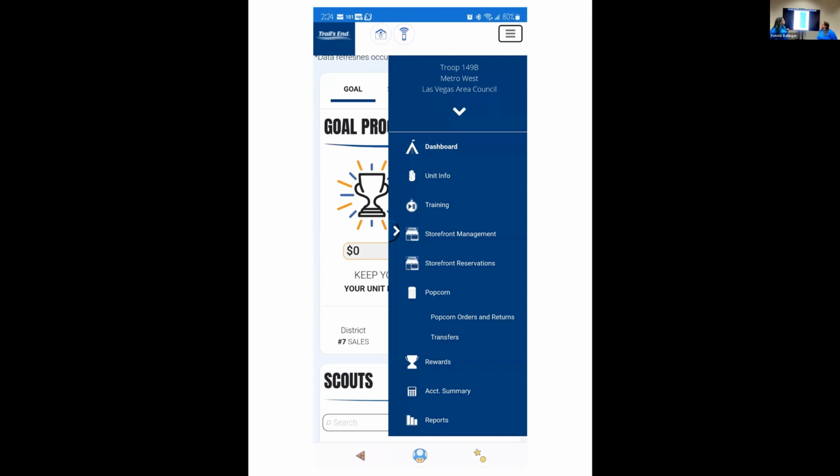So on this screen, you have the blue drop down from your dashboard. You have your menu bar, basically. The drop down shows who we are, where we're at, and then gives you access to click to see any of these positions that you need. If you want to see your dashboard, if you want to see your unit info, which would be your registered scouts and their login information, your other troop leaders that are helping you as popcorn,